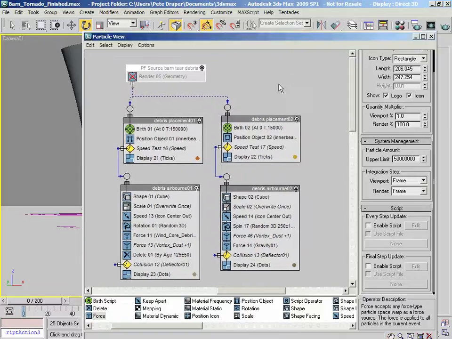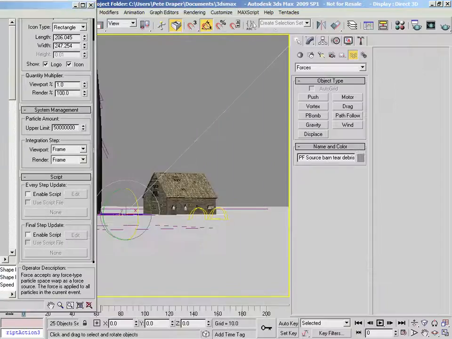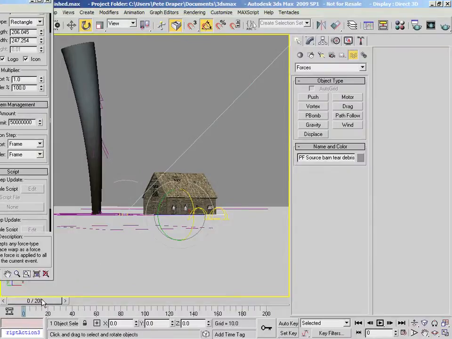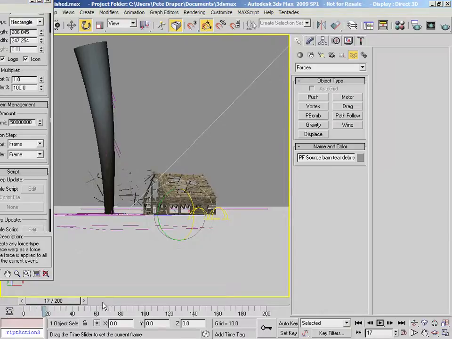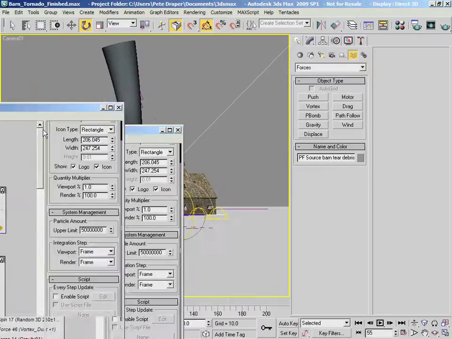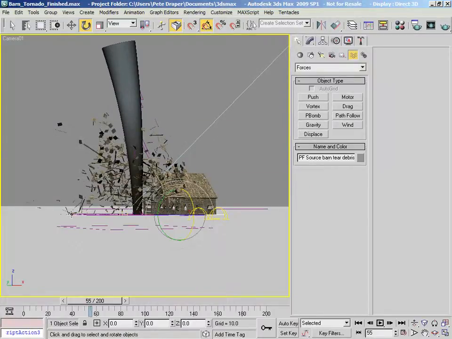Okay, so that's the tear debris sorted out. What I want to do now is something similar to test for geometry impacts when the geometry hits the ground. So if I just scrub forward, let's pull that across a little bit. It's updating slowly because of the recording software, and it's also having to redraw the entire thing. Here we go. So when these guys hit the ground, what I want to do is have some